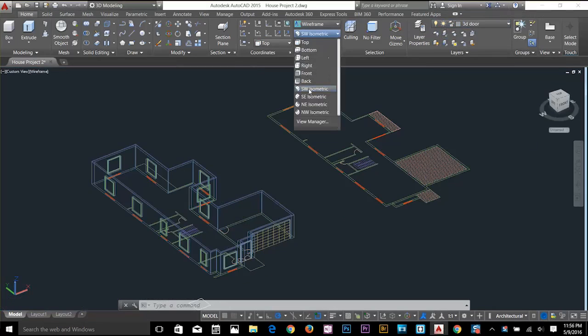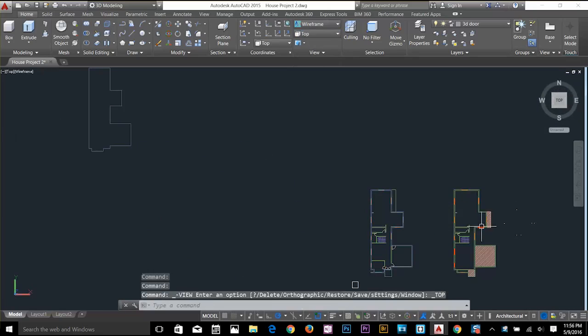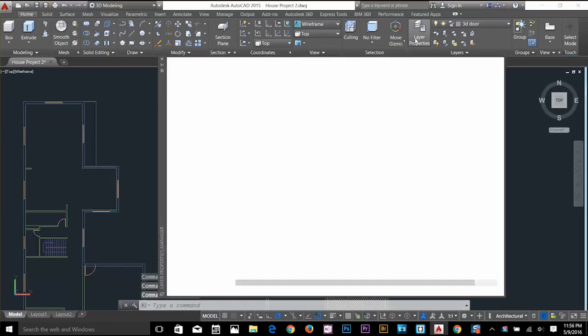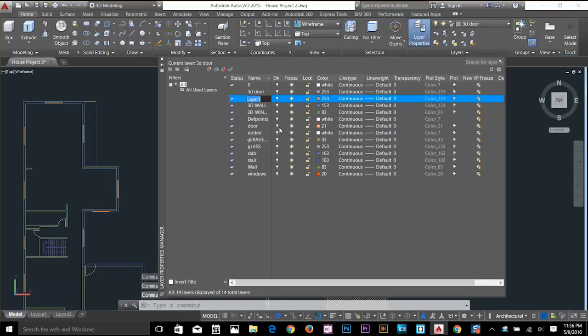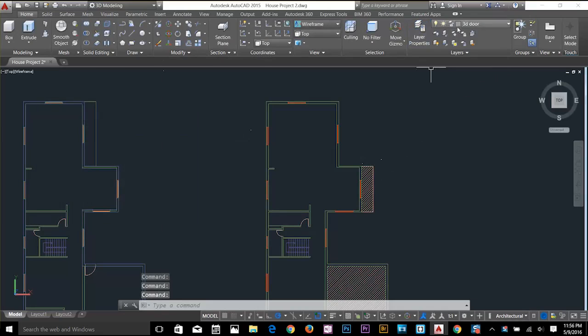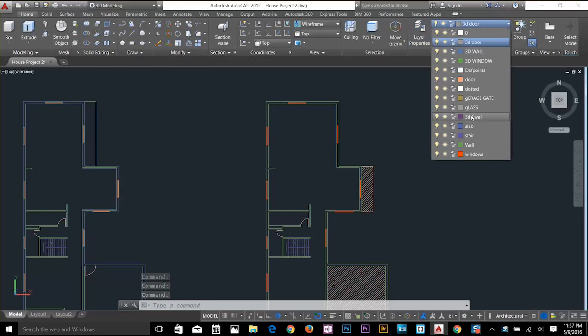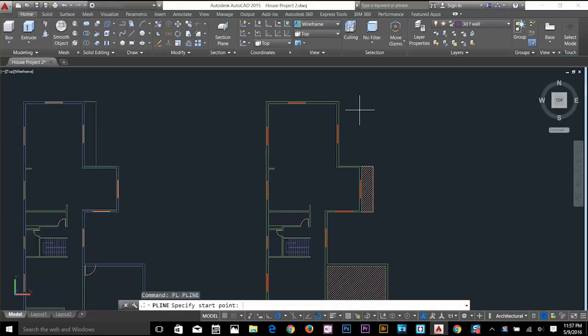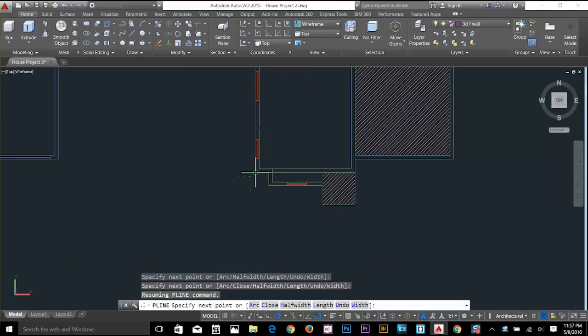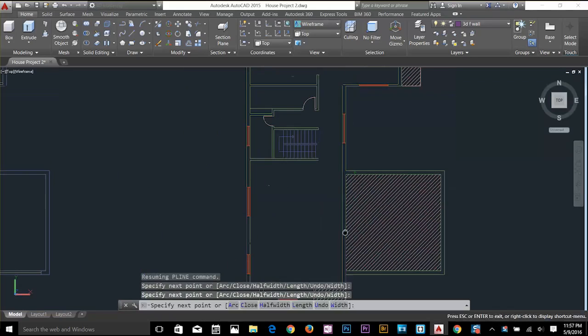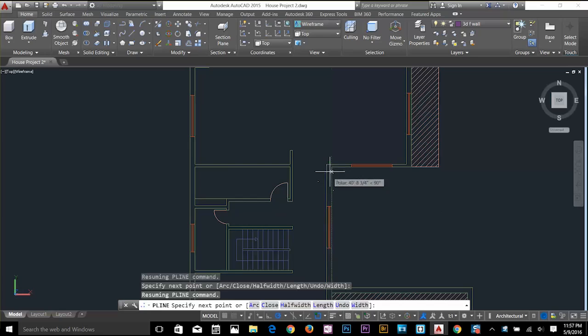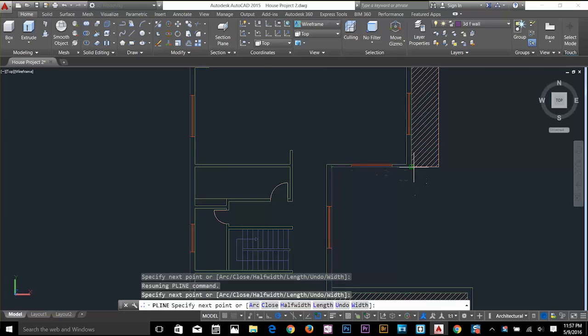Alright, so now let's create our first floor. So I'm gonna go to my top view, and I'm going to start drawing a polyline. Let's go to layer properties first and make a new layer called 3D first wall, and color I'm gonna give, alright, so go out, make that layer as a current layer, and start drawing a polyline. So PL for polyline, start from here all the way down here. This is our garage, so it's not gonna cover that, and just make,